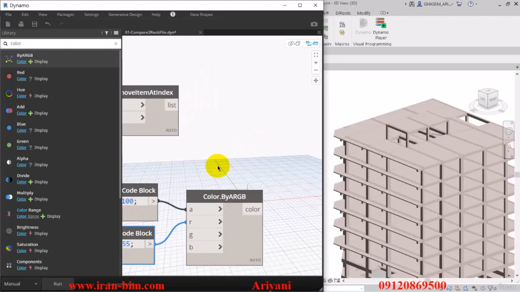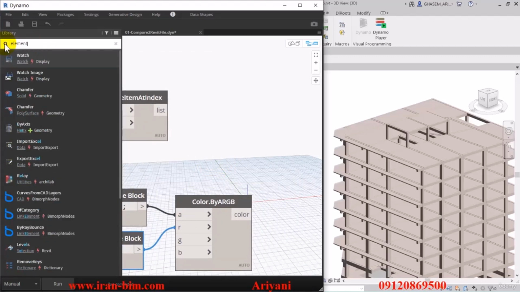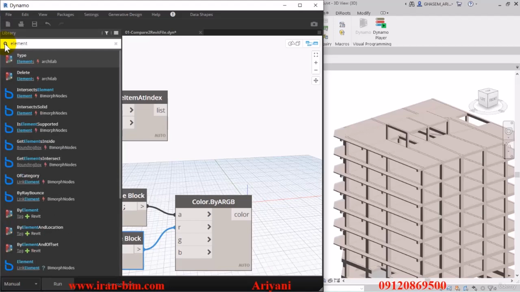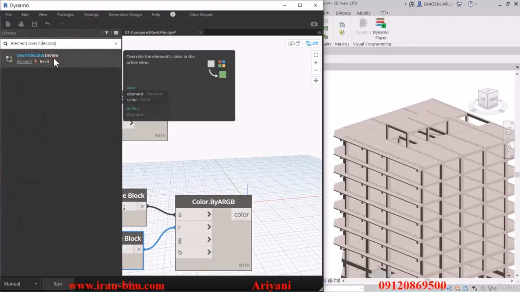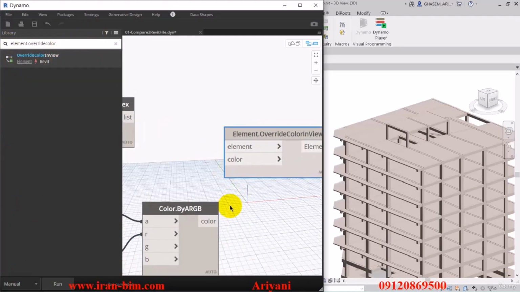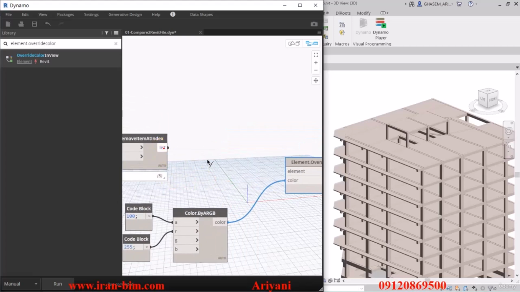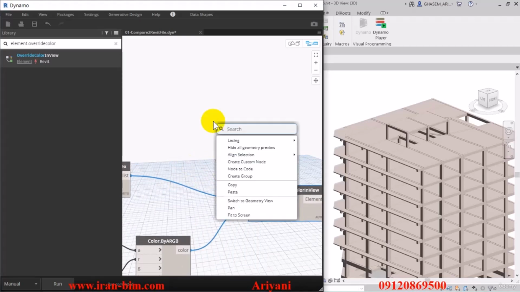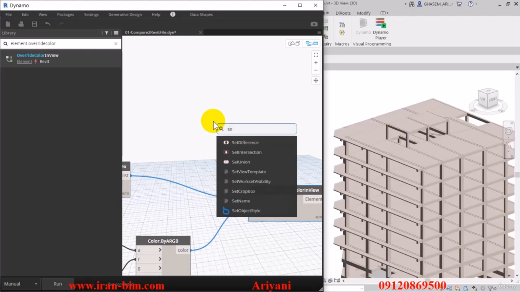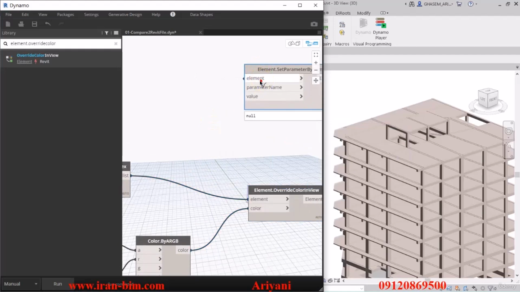And then after that, we can look for element.override color by in view in the library. It's this tool right here. We can open that up. The color is connected to this one, and the element connects to the list here. All right, and now we can use right click to open up the set parameter by name tool, and then